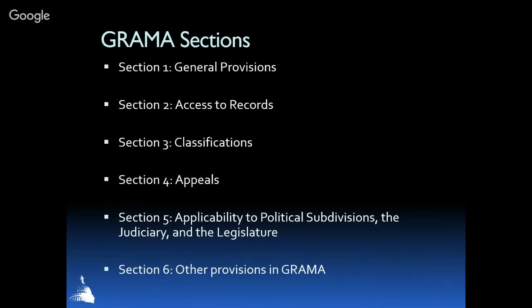The GRAMA certification test is broken down into 6 sections. They reflect the contents of the law. The test can be retaken as many times as needed to obtain a passing score. However, it must be noted that the last 4 sections in the law you do not need to know to pass the test, but it is highly advised to review and become familiar with those sections on your own.